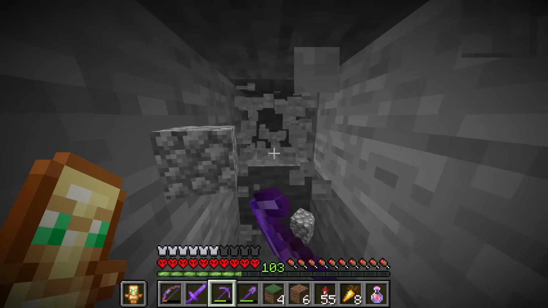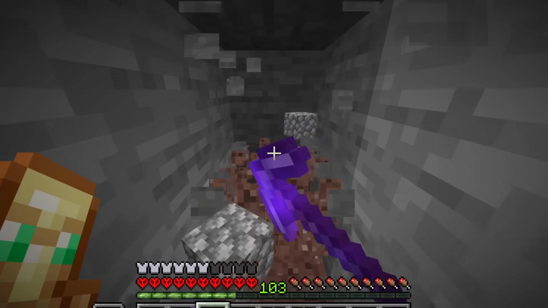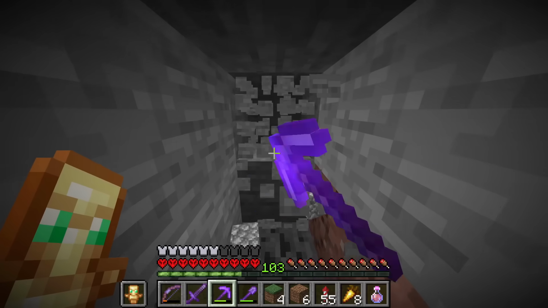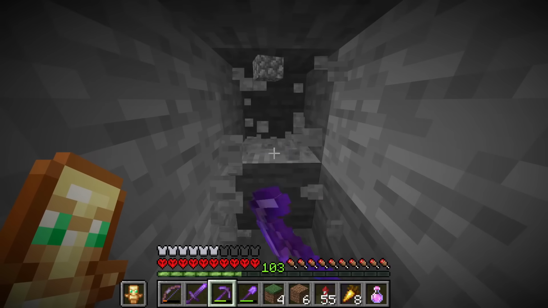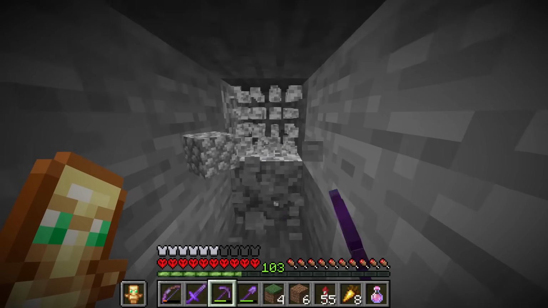All right, well, if I'm going to get a lot of wither roses, I need a way to make a wither kill a lot of mobs at once. I don't even know if I'm going to be able to do this with just spawning one wither. My strategy is I'm going to spawn a wither down here underground, and I'm just going to surround it with